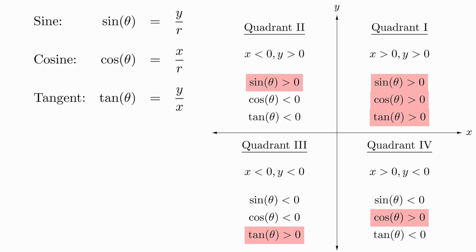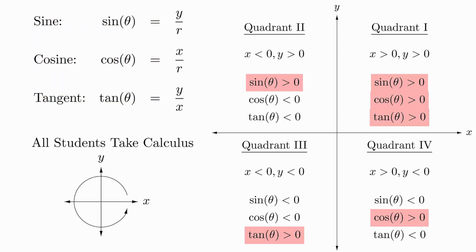Putting this all together, we have a complete chart of information about the signs of these functions. This can feel a little bit overwhelming, but it's not so bad. If you just remember these formulas and think things through, you will be able to derive the answer. However, there's also a mnemonic device that's fairly common: All Students Take Calculus. What this means is that all of the functions in the first quadrant are positive, sine is positive in the second quadrant, tangent is positive in the third quadrant, and cosine is positive in the fourth quadrant.